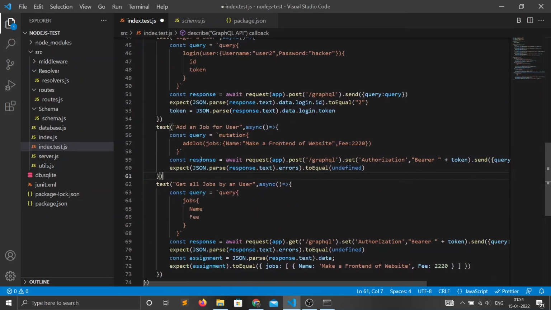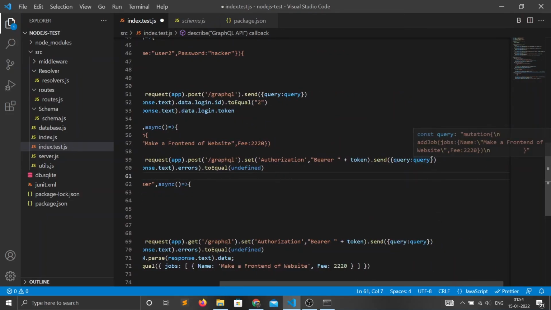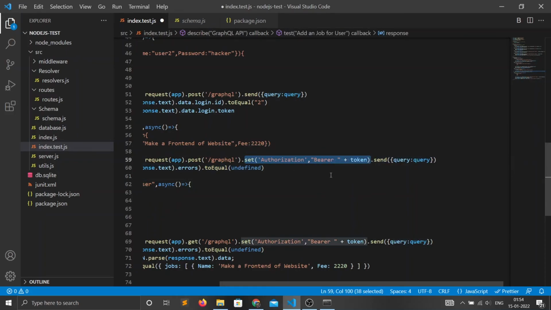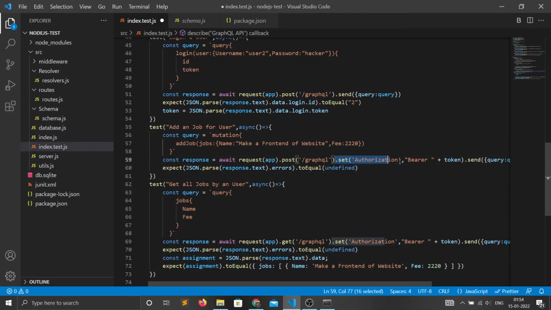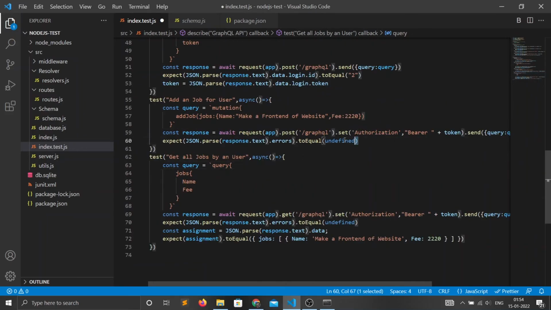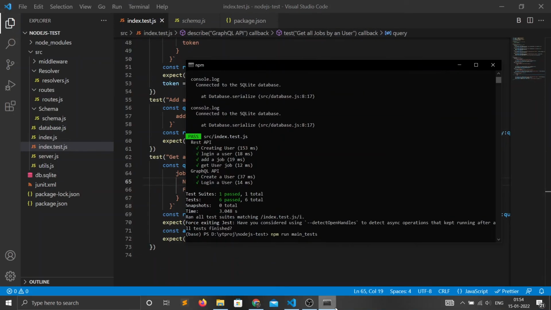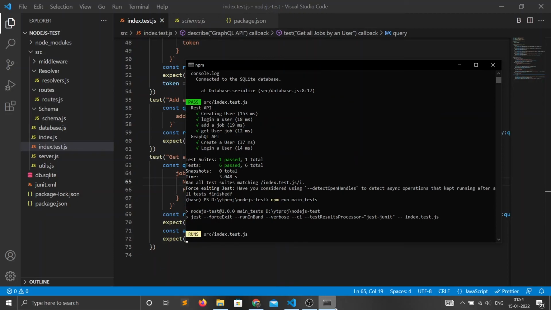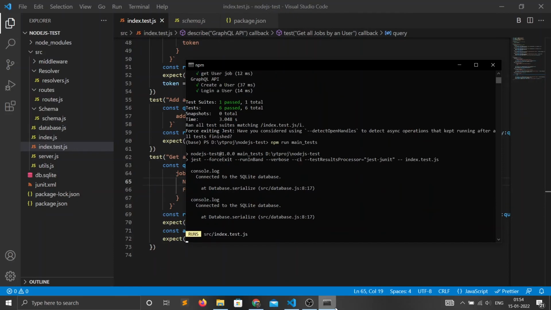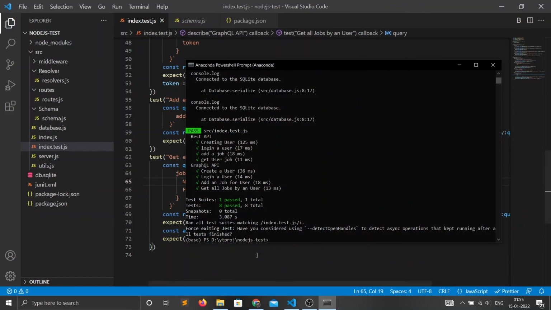We will be sending all these queries in our send here, and setting the token in our header by using dot set, and always keep in mind to check this error field, because if there is any error, GraphQL always adds this field in our object. So you can see all the tests are passing.